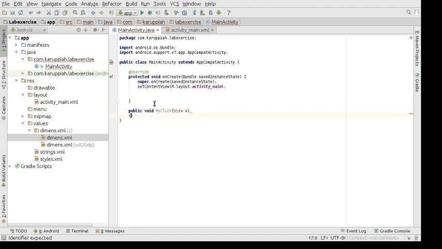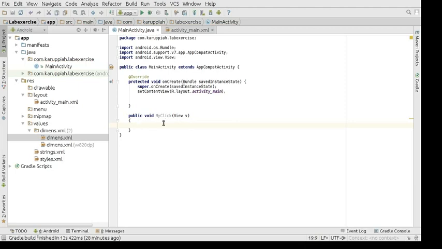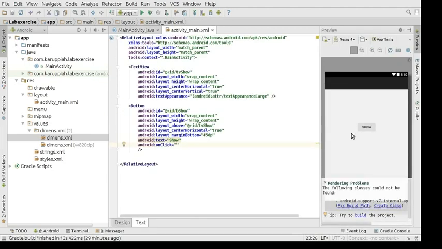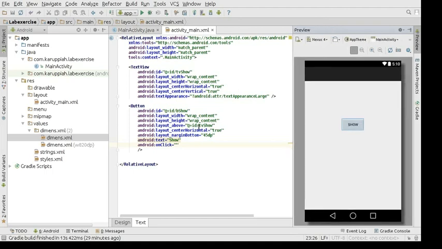Okay, I see an error over here. It says the view is not imported. Android.view.View is not imported. You can press Alt Enter and import it. Alt plus Enter. So this is a custom click function which I created just now. You must make it public and it doesn't return anything. And this is the function name. You can have it anything. I'm just having it as my click, and it takes a parameter which is view. So this function is called when you press this button. So I'm going to just press Control Enter over here.